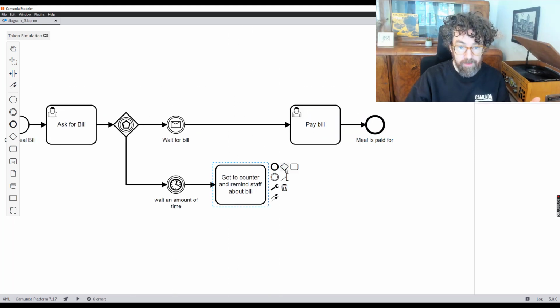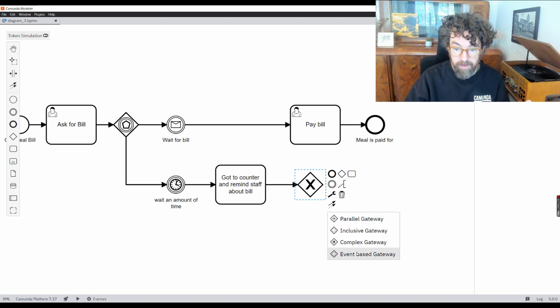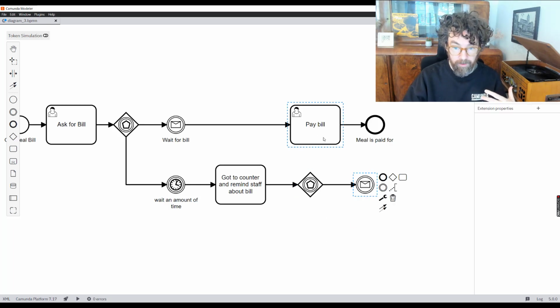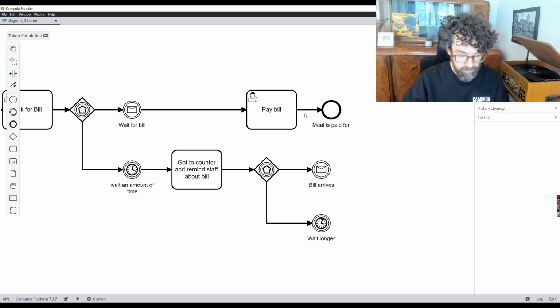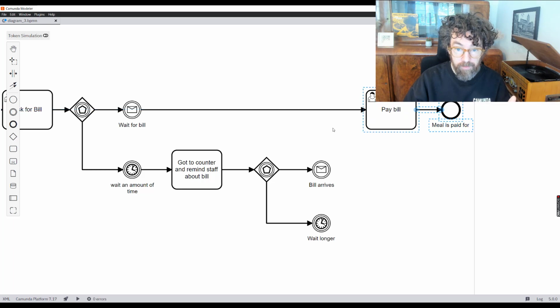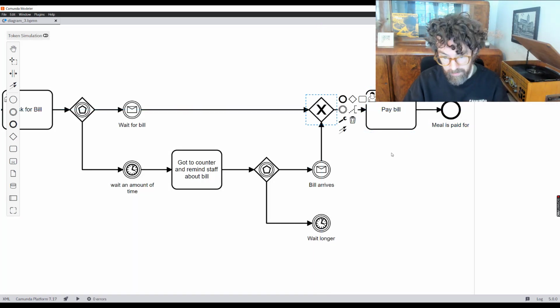So let's take a look at that. So that's another event-based gateway. And in this case, we will either get our bill back, bill arrives, or we would have to wait a little longer. Let's just see what we can do and move this across, because if the bill does arrive, we want to link back up with the main process, pay the bill.